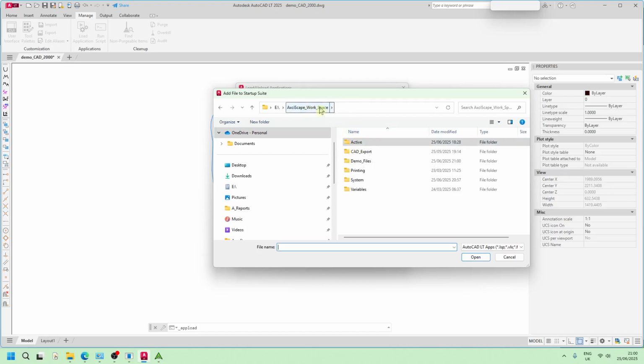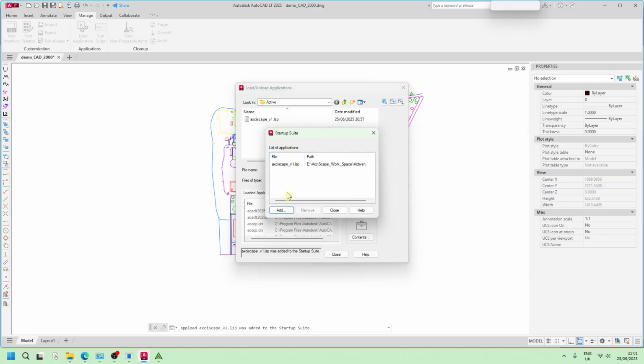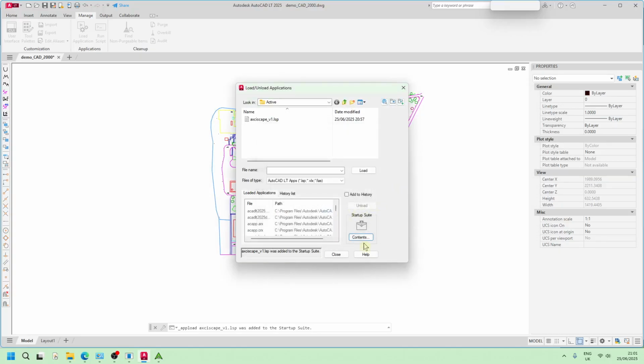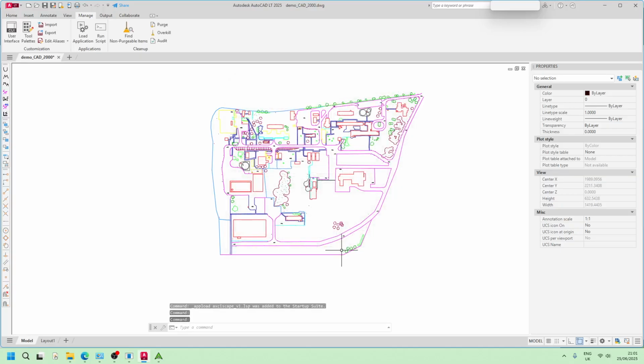So wherever that is, probably in your documents folder. Mine's in the E drive, but find that folder, open up the active, and you have something ending with .lsp, which is a Lisp file. You need to click that and click open. So that's been added to our startup suite, and then we close it. And now you need to close AutoCAD